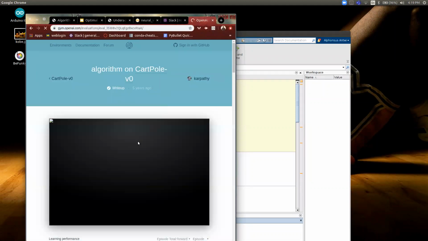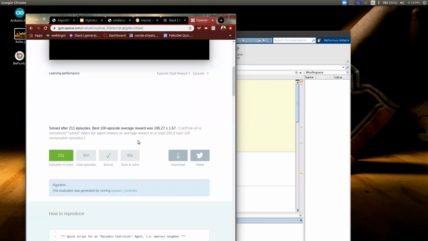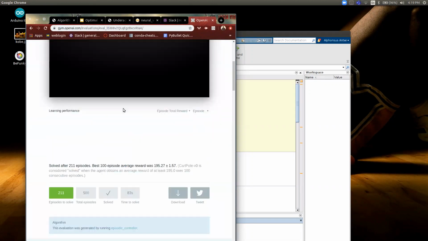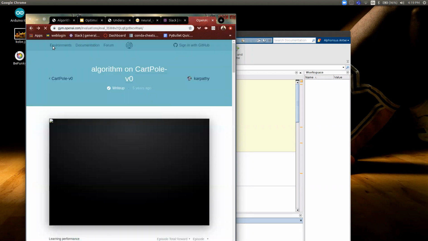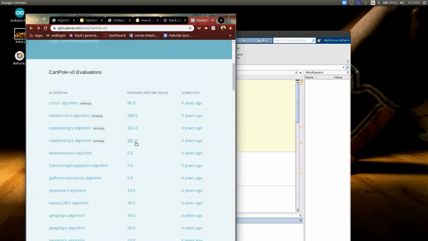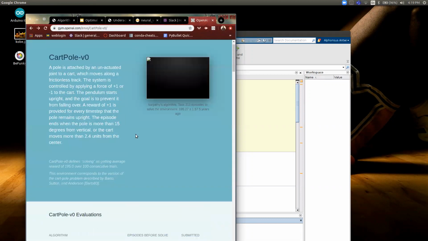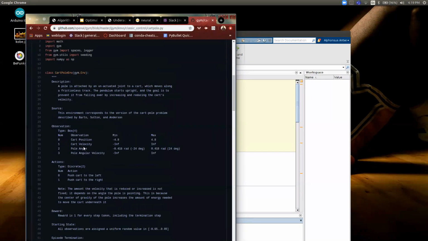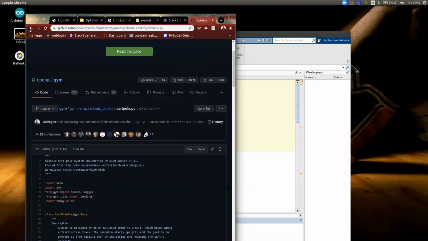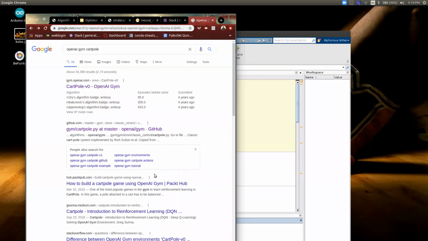Where's the cart-pole? I'm looking for an image. Looks like they've removed the image. The cart-pole is basically... How come there is no image? I checked this yesterday and there was an image. Oops. No, there's no image, but